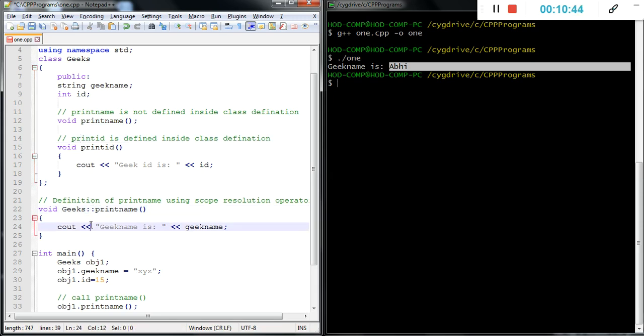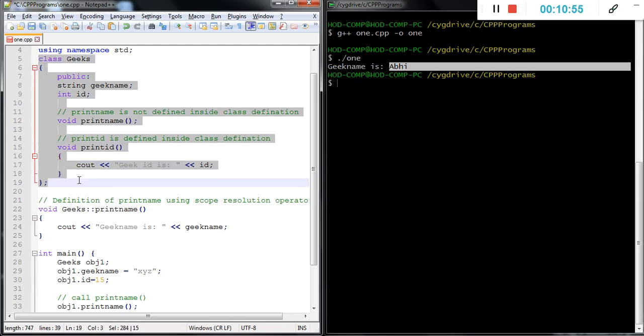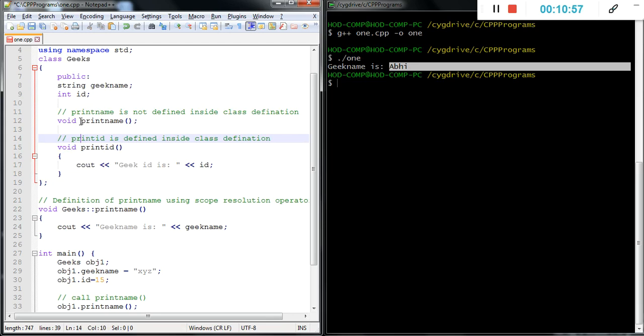When is it useful? When the class contains multiple member functions, it creates confusion between the bodies of the member functions and the class. If we write the bodies of the functions outside the class, it is easy to understand. That is simply the use.